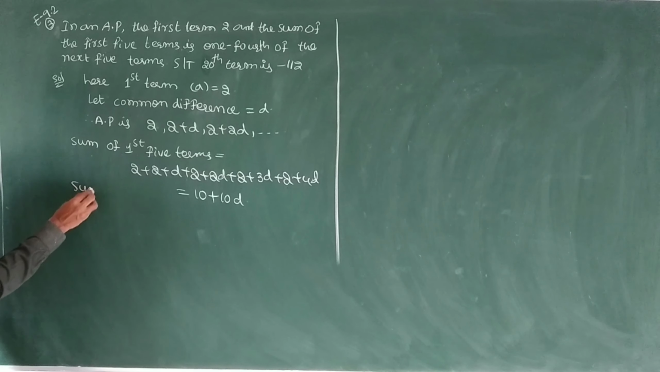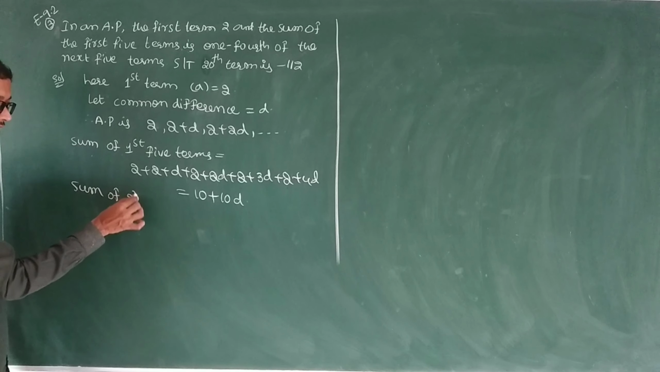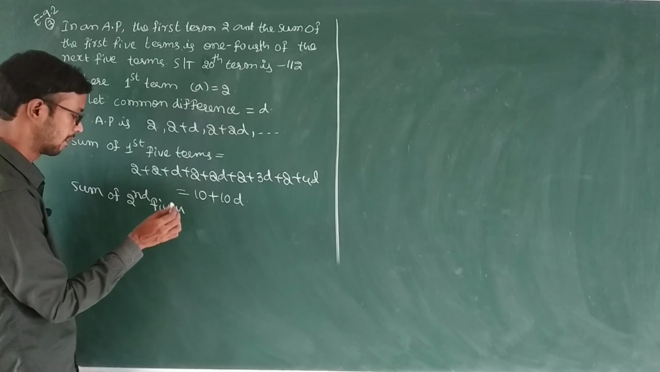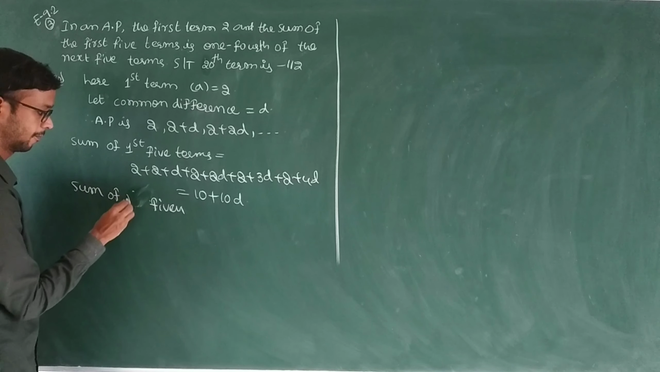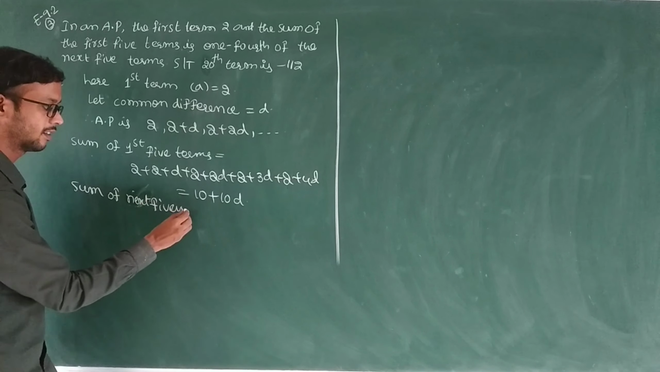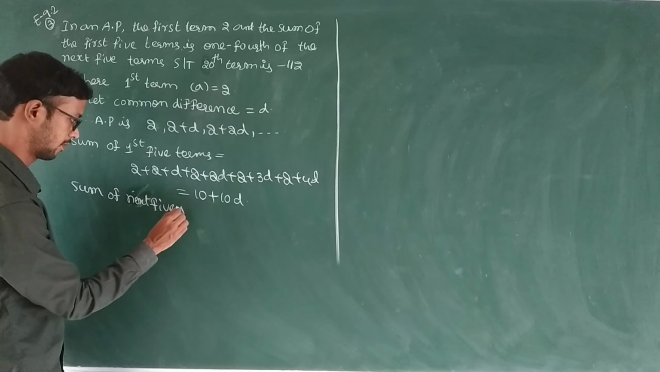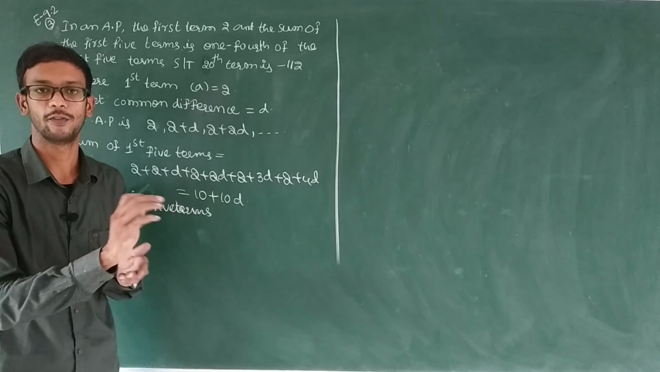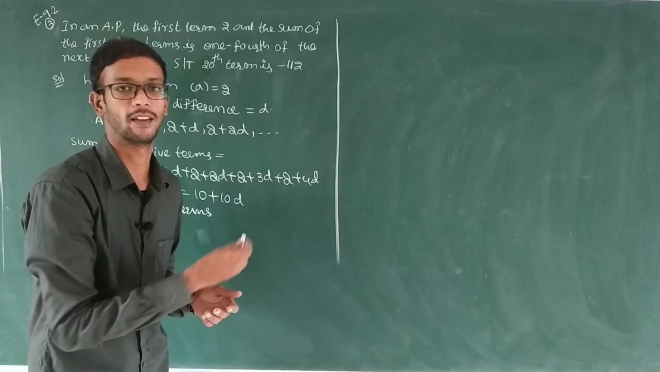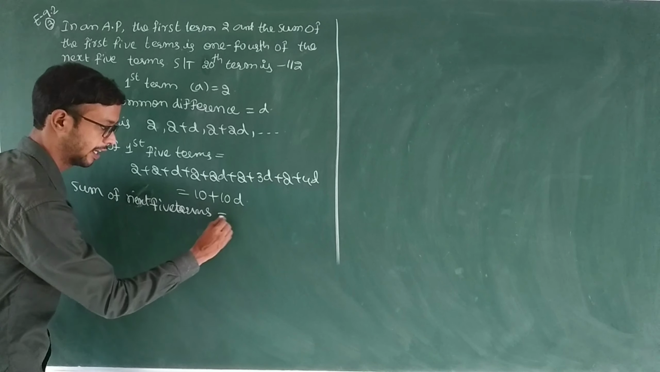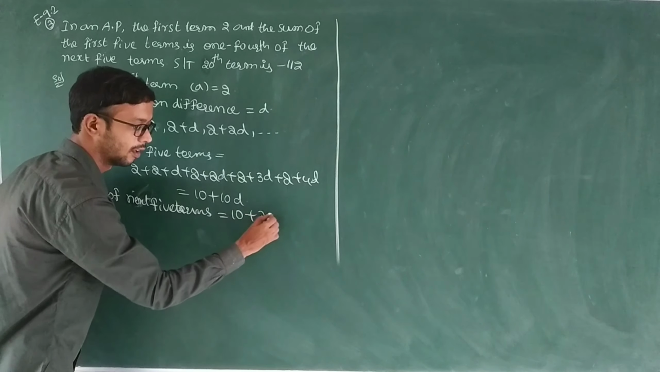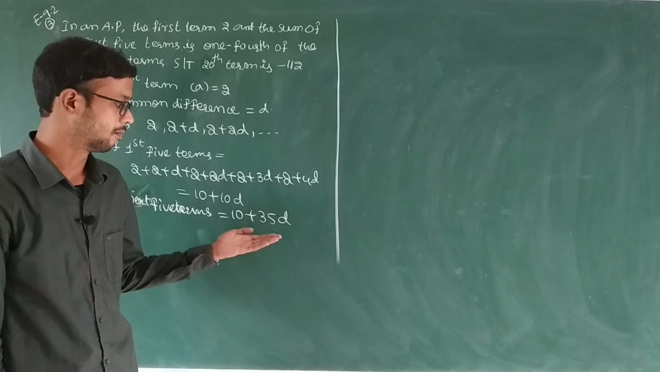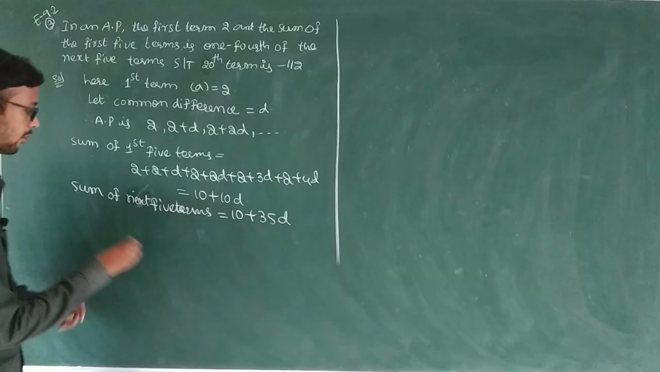Next, similarly, the sum of the next 5 terms. Similarly, 2 plus 5D plus 2 plus 6D, 2 plus, like that; writing directly, it is 10 plus 35D. 10 plus 35D. So by the given